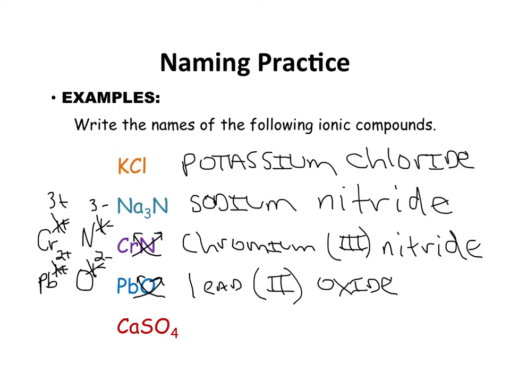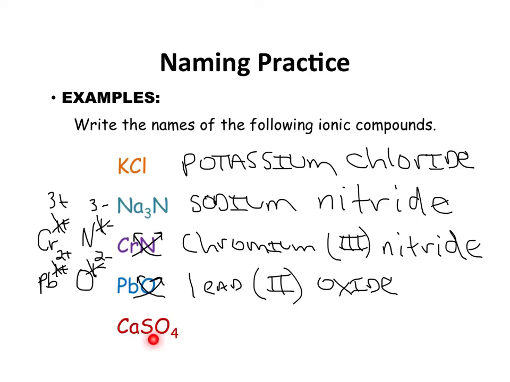Okay, so we ask ourselves the question, is the metal multi-charged? So calcium, find it on the periodic table. It's not in the middle. It's in the 2+ column. Therefore, the answer is no. You write the name of the metal, followed by the name of the nonmetal with an IDE ending. But if you notice,